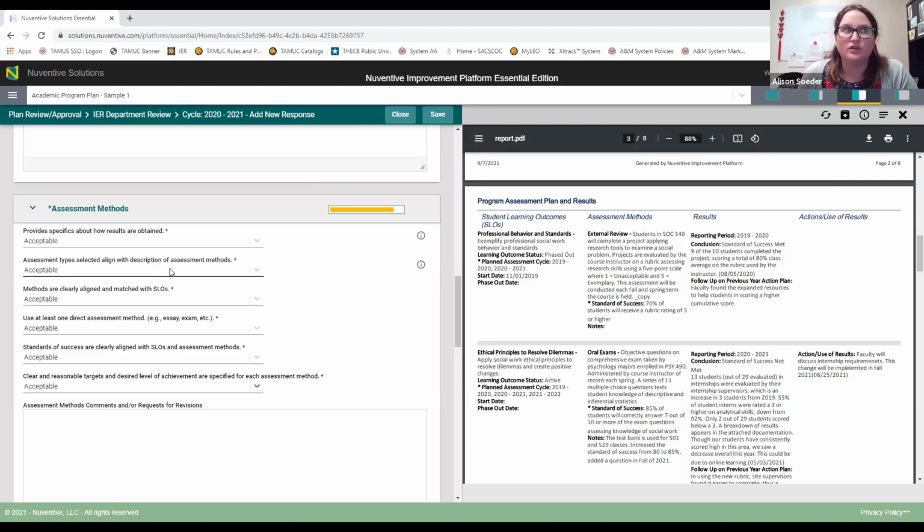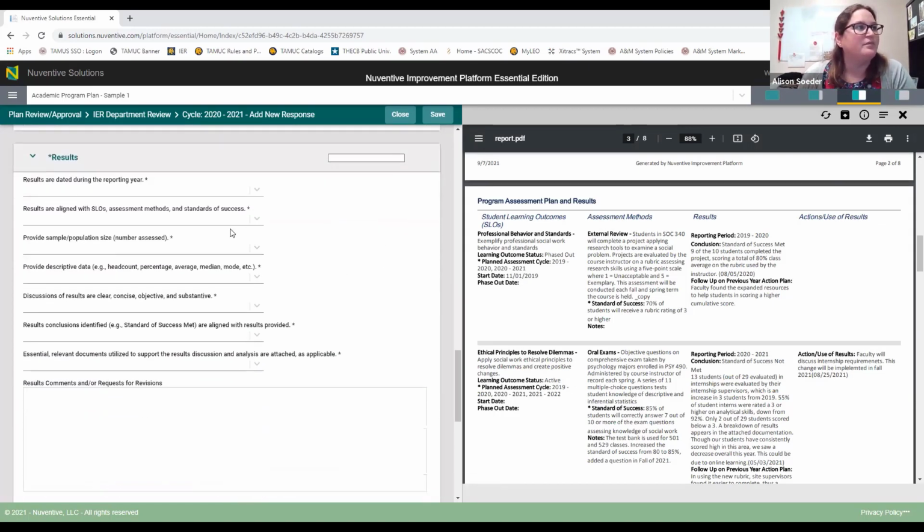And so maybe it was difficult to detect alignment between the method and the assessment method types, or maybe the assessment method type, this bolded item here, hadn't been selected, that maybe there was a little bit of a deficit there and the specifics of how the results are obtained in the assessment method. So those kinds of things might help to keep in mind